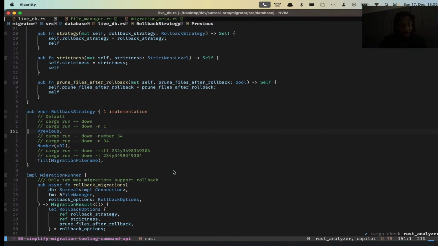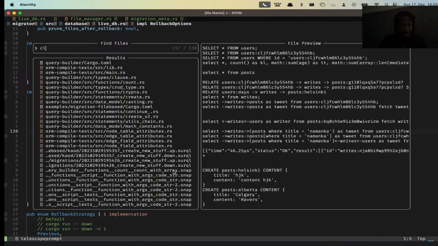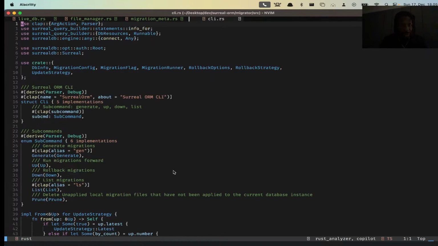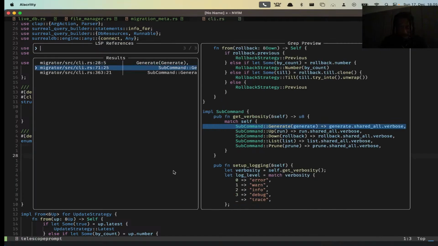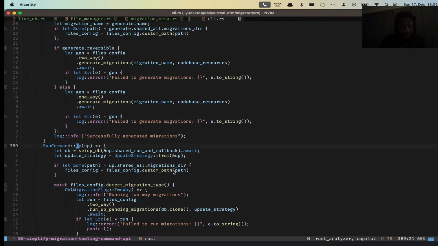So basically generate, right? Let's check the CLI. Generate. Let's go. We get the names, blah blah blah. Basically we're preparing the metadata. So the idea is, when you're trying to get like 2